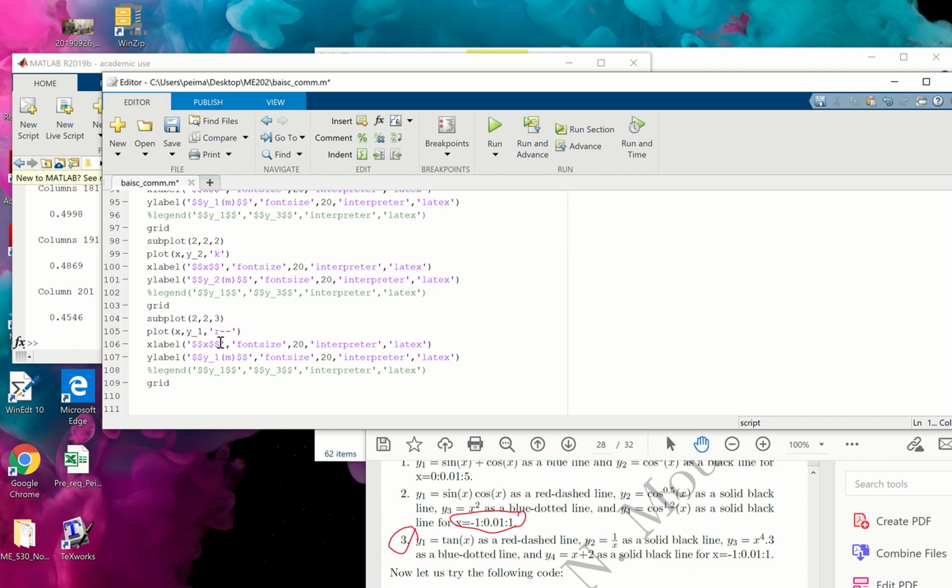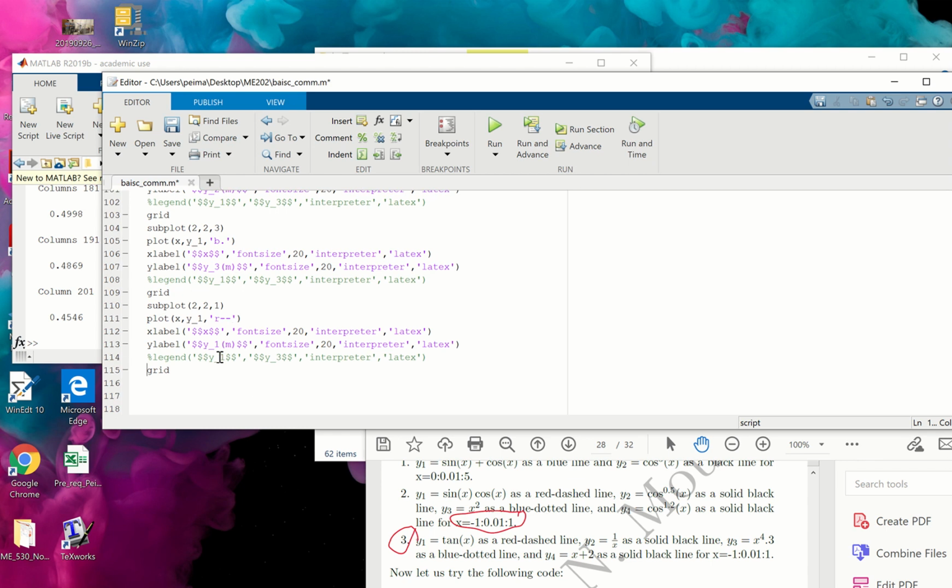So it says I want to have it as a blue dot. Okay, blue dot means this, guys. This is blue dot. Okay, and you're going to have y3. Okay, and this now 4. Okay, it wants to have it as solid black again. Solid black. Okay, and y4. So if I run this,